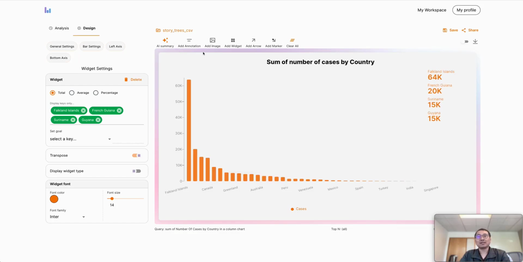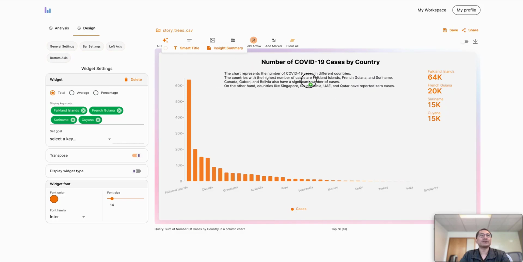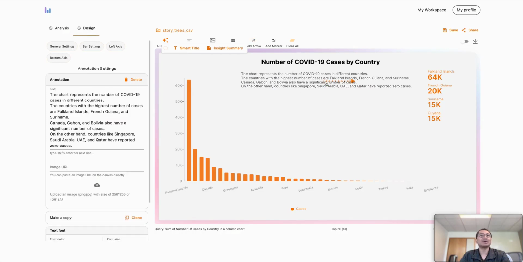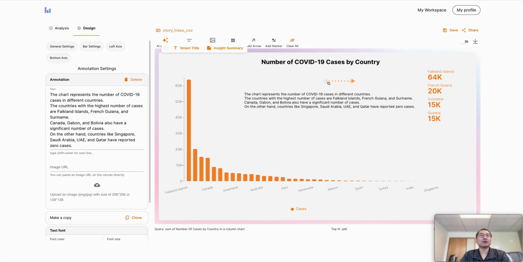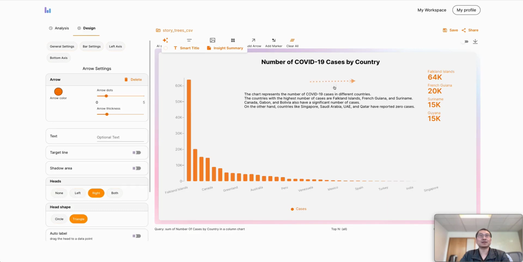These are all design tools we'll keep improving and maybe adding some more in the future. But you can just explore them by click, select them, and drop any places you want. AI summary function basically helps us generate a title and the summaries. Once you have the title and summaries, you can continue to click similarly and add them. For the arrow, you basically need to pay attention to these circles, because today that's the only way we move them. We're improving the usability. It makes sense to just hold the whole thing to move. But anyways,